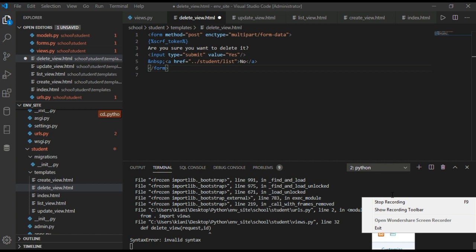It will delete the record if you press yes, otherwise it will say no, then it will show the list.